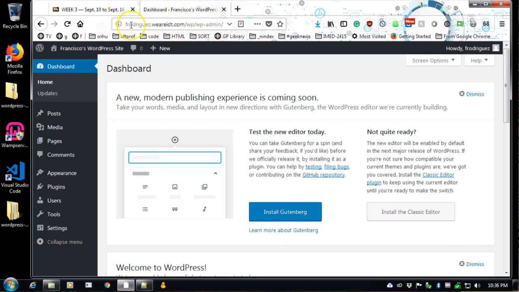This you may want to save, and I'll make it a point to maybe put this little bookmark here. It's here somewhere. There it is, dashboard, Francisco's website, etc. It's basically your web address, username.weareidt.com/wp. That's the folder where we put it in. WP admin is the folder where the dashboard lives, and this is where we'll be coming back to add content, to edit content, to remove content, and to do all kinds of cool stuff, adding media, music,